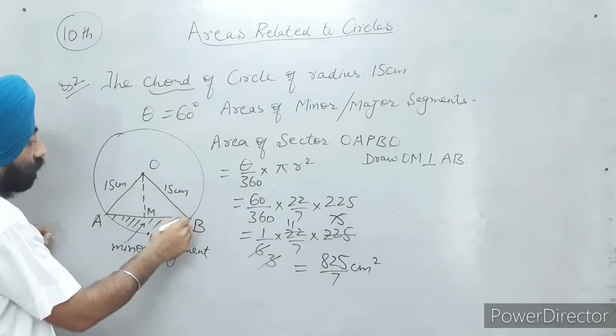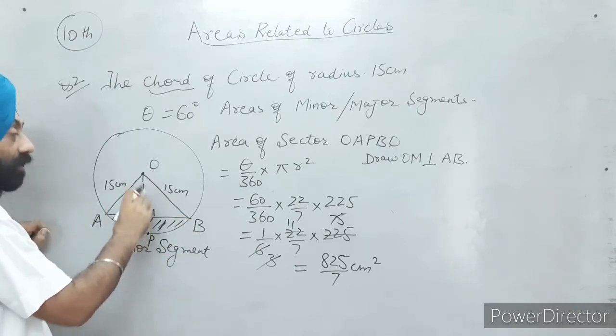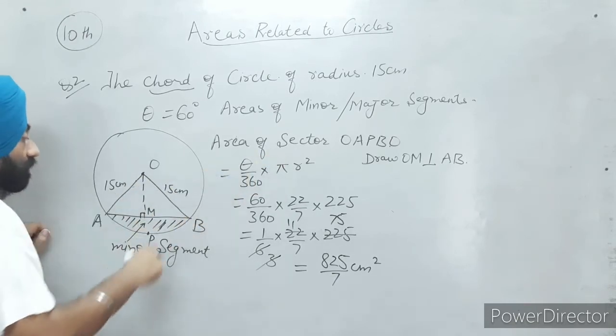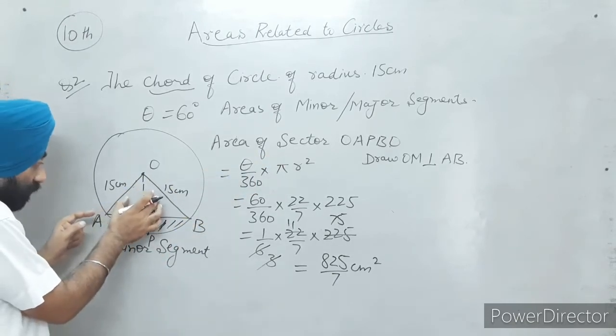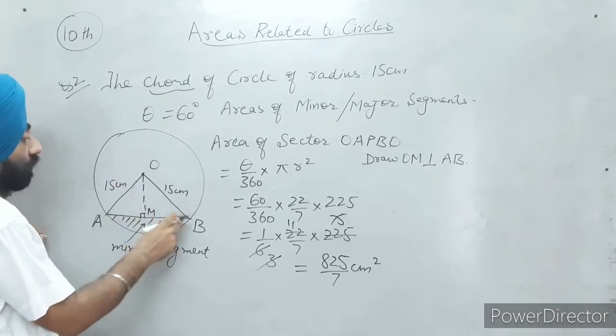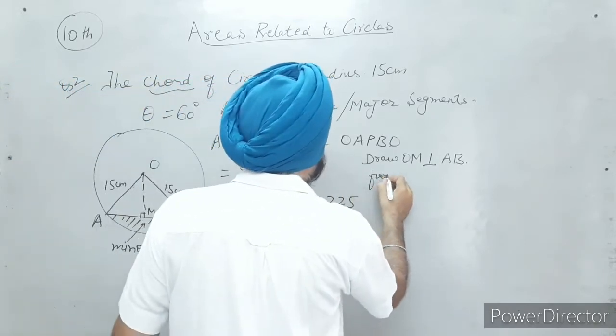OA and OB are the radii of the circle. Then OM is common. This angle is 90 degrees by construction. I will prove these two triangles, say OMA and OMB, congruent. Now from triangles